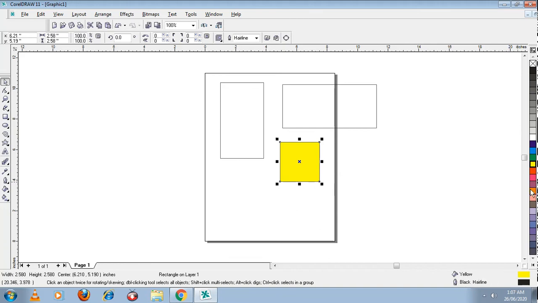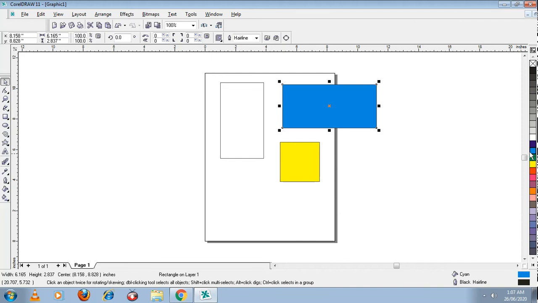Now to fill color inside the object, I have told you, just click on the color. I'm selecting this rectangle and clicking on the color. Is the color getting filled inside? Yes. But if I want to change the outline color, then what to do? Outline color is what now? Black. How do I change the outline color?